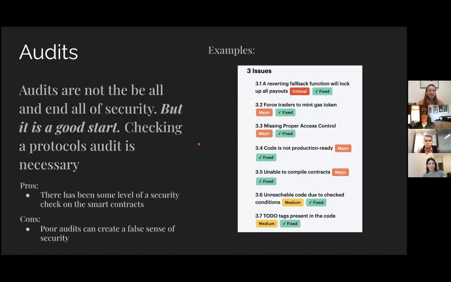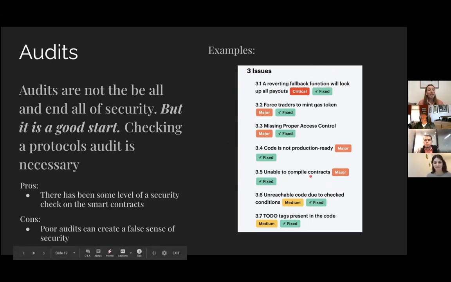So audits, sadly, are not the be all and end all. There are a lot of audit companies out there with different qualities of audits. So, you know, an audit by OpenZeppelin is top notch, but an audit by an audit company you've never heard of is obviously a lot less valuable. A lot of it is reputation based. A lot of audit companies take it quite seriously if one of their audited projects gets hacked, and will actually stake money to prove that they are really determined that their audits are good. So yeah, audits are not the be all and end all. If you just read this little thing on the side here,